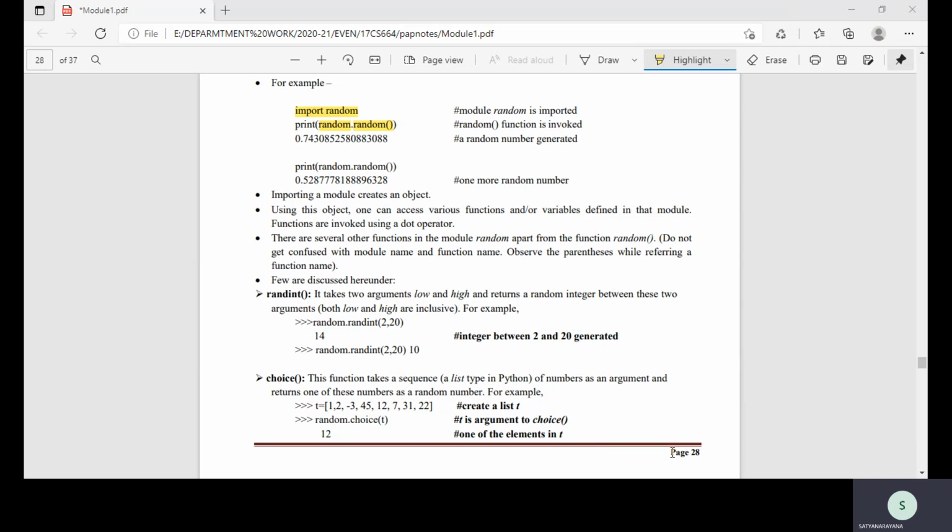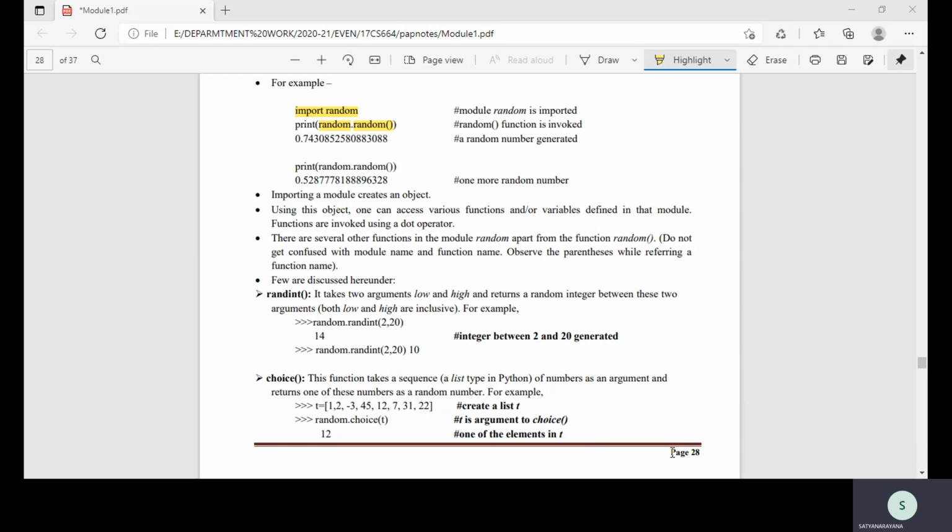Actually random doesn't take any arguments because it's a method. What I need to use is random dot randint, 2, 20.